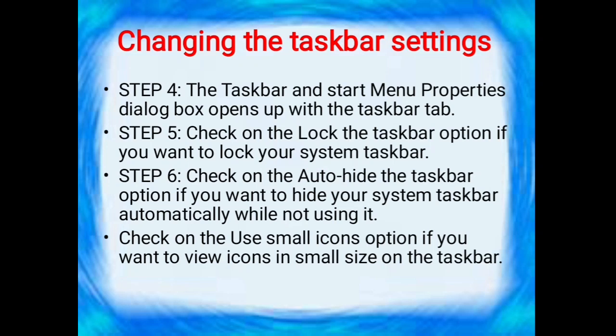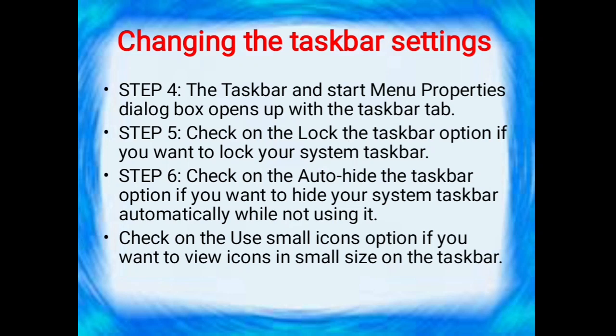So, the first one is lock the taskbar. That means in the desktop, if you want to fix it on any side, you can fix it. To prevent the taskbar from being moved to any other position, that is lock the taskbar. Now, auto hide the taskbar.